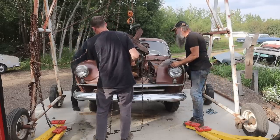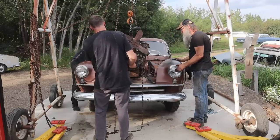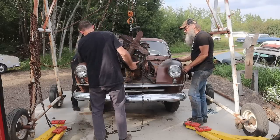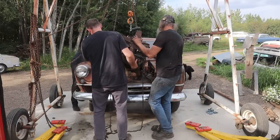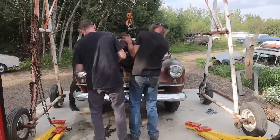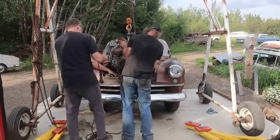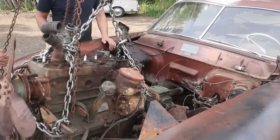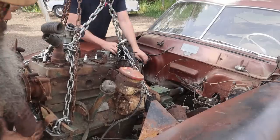What is going on? Okay, it's got to go. We're not angled enough. Okay, how can we get more angle? Well, I guess we can just push and pull. Okay, we just got to lift the front. If we lift up and go back, it'll